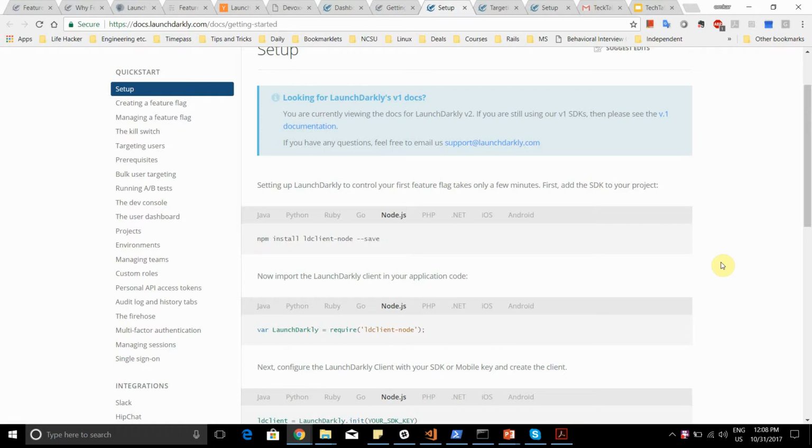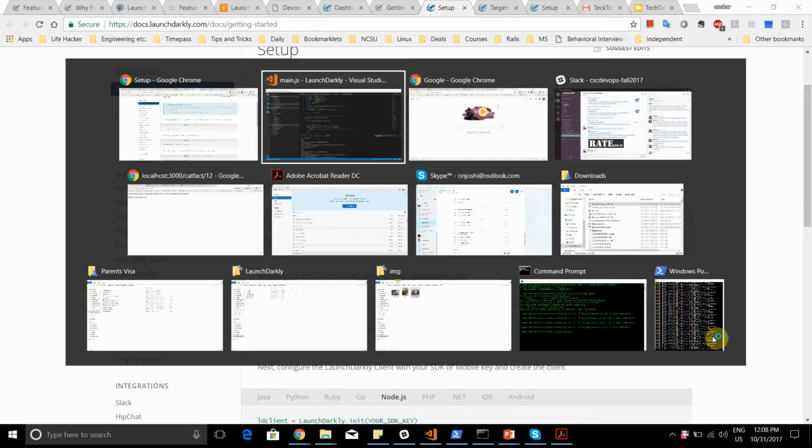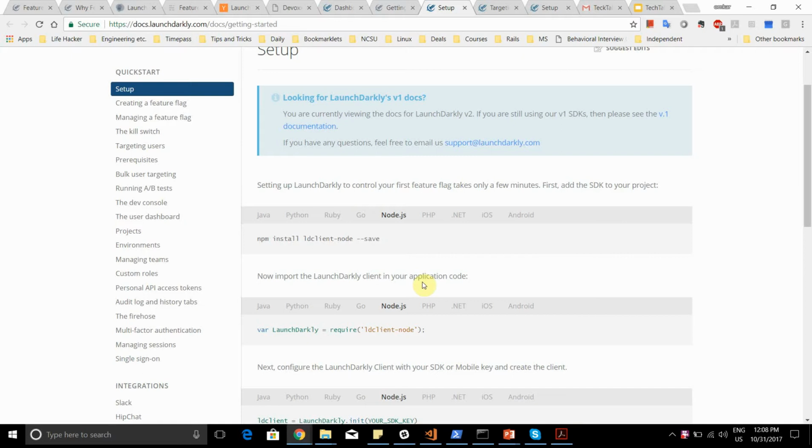So in that homework, we had a feature for implementing the Redis cache. We had toggled that feature using the get route called toggle cache feature. Now the same feature I'm going to toggle using LaunchDarkly. For that purpose, I'm going to show you how to install LaunchDarkly with Node.js. The first step is to install the LaunchDarkly client using npm install and require that in the main.js file. I've already done that here in my setup, and